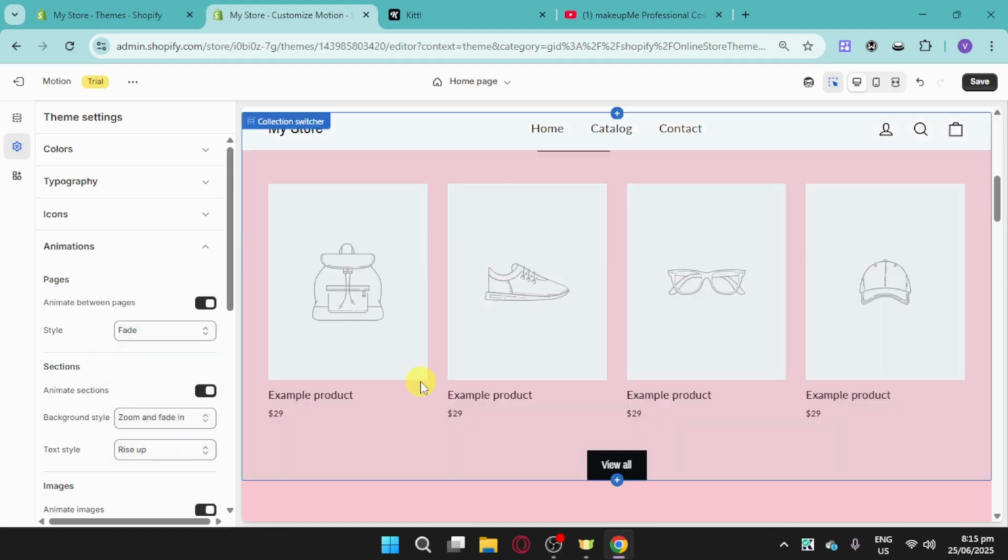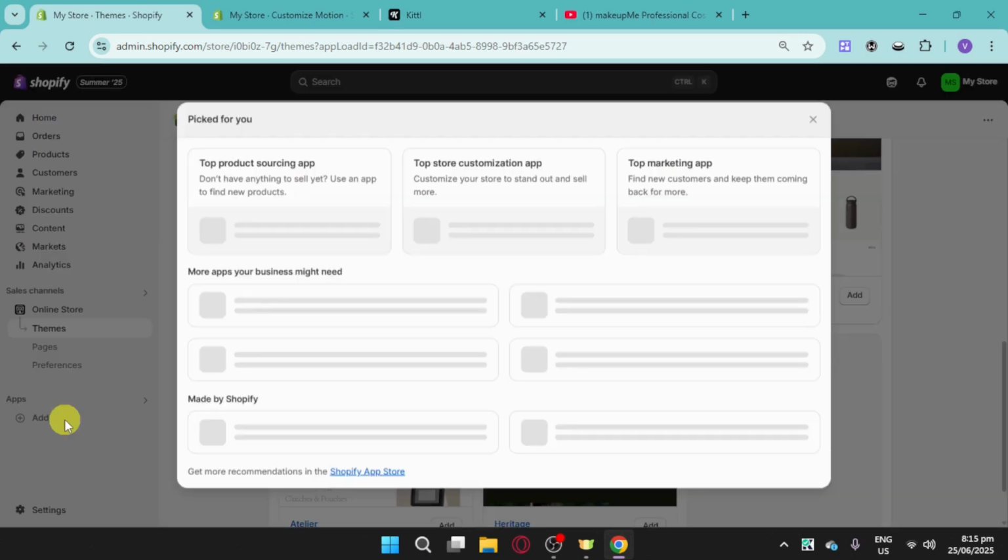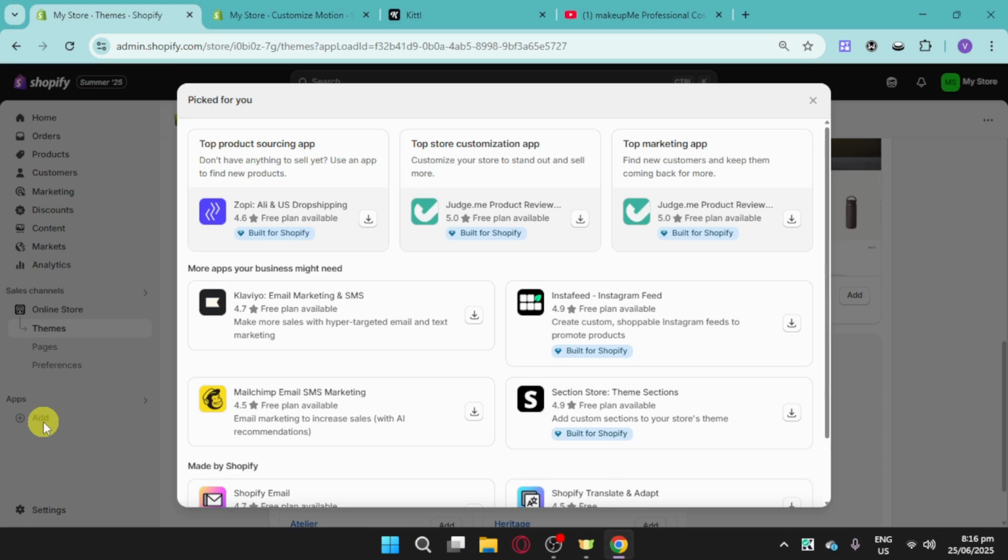Now, for example, the next thing we need to do is we need to add some products. So let's head back to our Shopify. And then in this case, since I want this to be a drop shipping business, let's head over and see some drop shipping apps that we can integrate. You can click onto this add option right here under the apps, and you can see Zopi right here. So as you can see, we can add this. Just head over and click onto this icon if you decided to use Zopi,